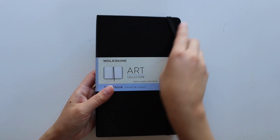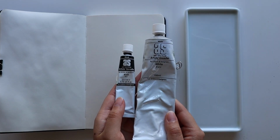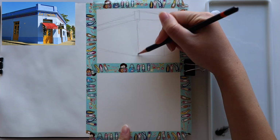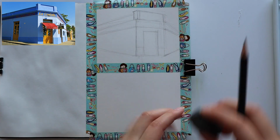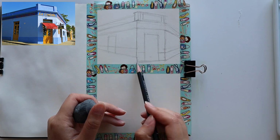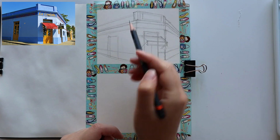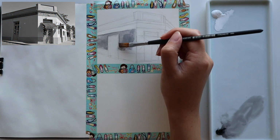Hi guys, today I'm going to be painting in my new sketchbook that I picked up early this year. This is going to be the sketchbook that I hope to fill up over the next few months with my learnings and my plein air adventures that I'm trying to go on. I want to try start a new series on this channel where I just paint in my sketchbook every now and then and just talk about my learning process and a bit more about me and what I get up to,